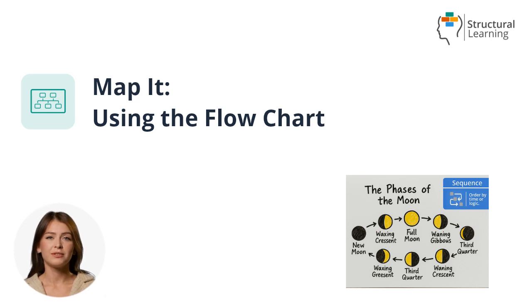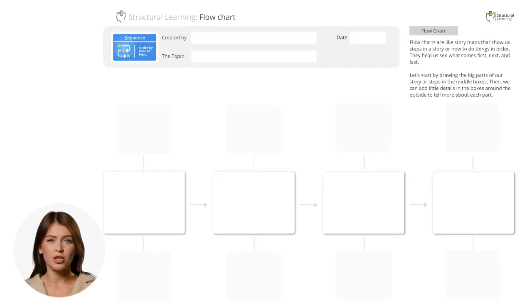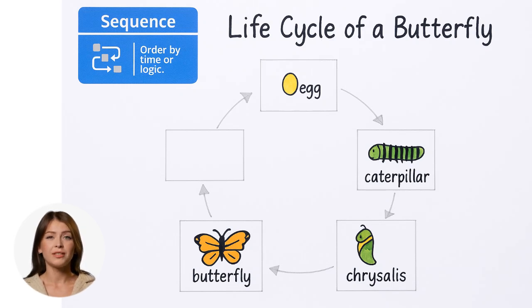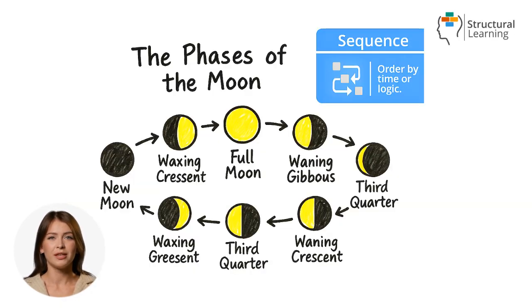Map it, using the flowchart. The flowchart is a graphic organizer designed to help learners sequence events or steps in a clear, logical order. It's especially useful when you're supporting the thinking skill of sequence, which is part of the blue organizing strand in the thinking framework. You might use a flowchart when you want learners to understand how a process unfolds over time,